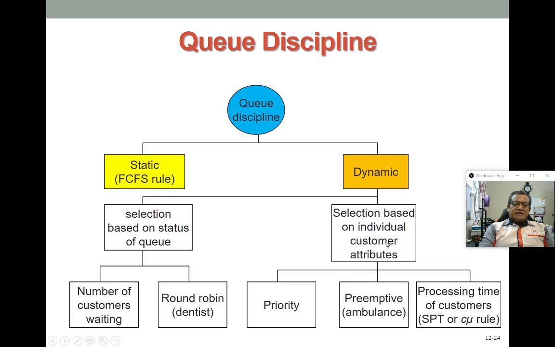So this is a special case. Okay, if the number of waiting customers is big, right? Then they will be served first, or selection based on status of queue, like a round robin approach, in which